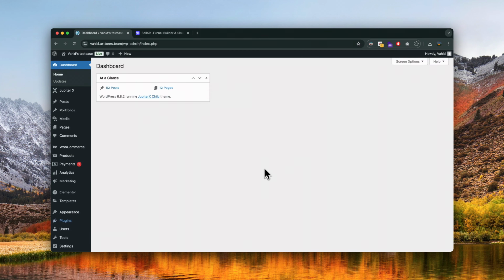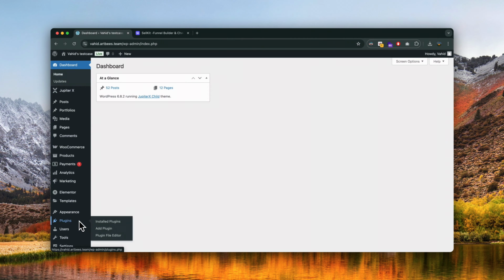In this video, we're going to walk you through the super simple process of installing the CellKit plugin on your WordPress site. Whether you're using the free version from the WordPress repository or ready to unleash the power of CellKit Pro from your account dashboard, we've got you covered. By the end of this tutorial, you'll have CellKit up and running, ready to optimize your e-commerce game. Let's dive in.